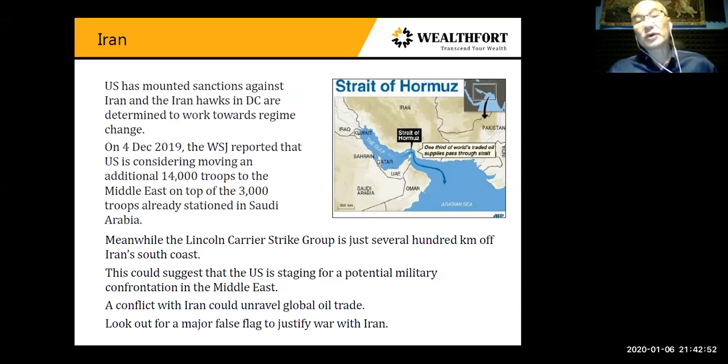So what is important is that this is the Strait of Hormuz, and it is one of the narrowest straits. Okay, and 1/3 of the world's traded oil supplies pass through this strait. Now, some analysts have said that should Iran block the Strait of Hormuz, we can immediately expect oil to spike to $150 per barrel. And Goldman Sachs was a bit more concerned, stating that if the oil cannot pass through the Strait